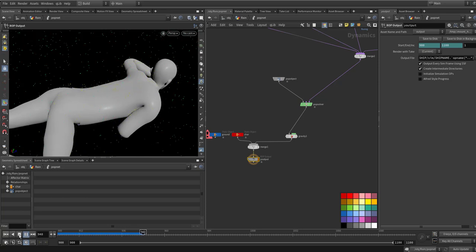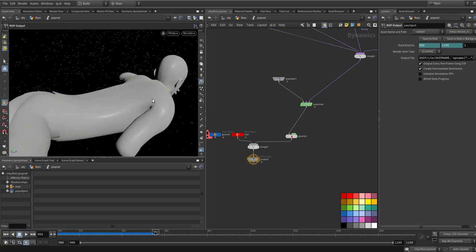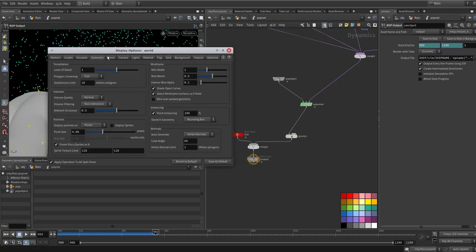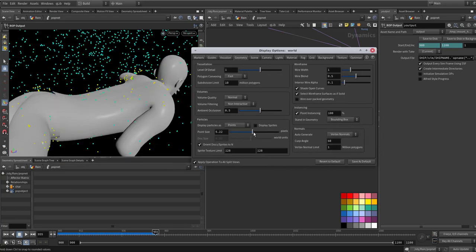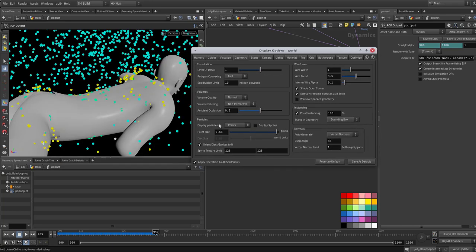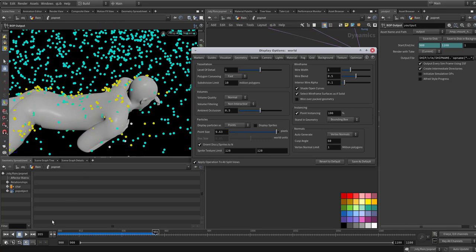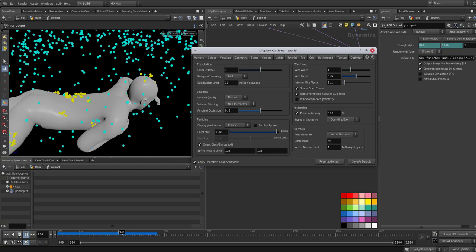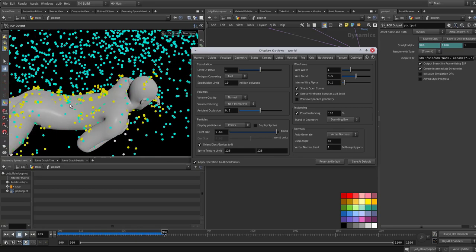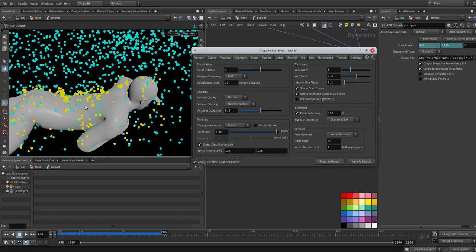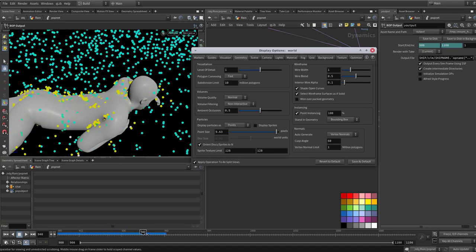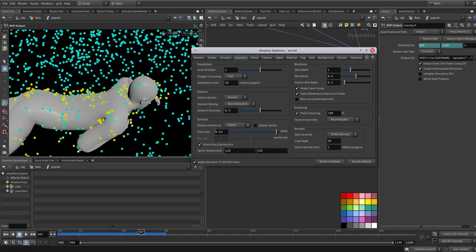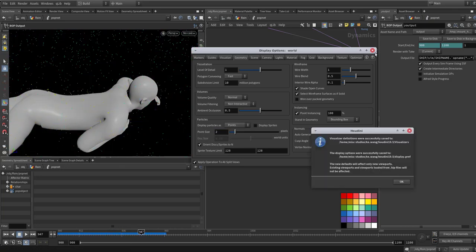Yeah, it should be able to see some points here. See, let's check now. See some points flow along the surface. See, then now